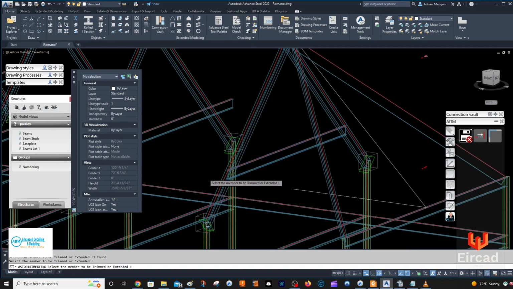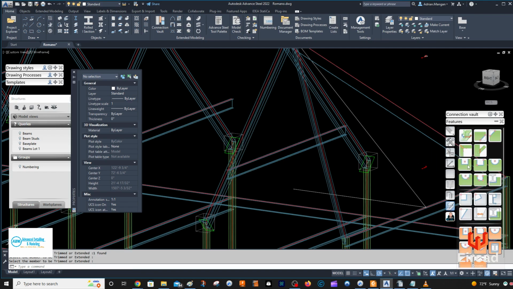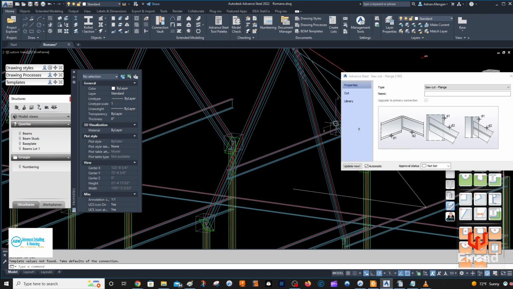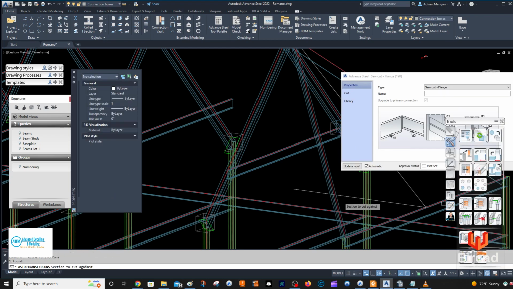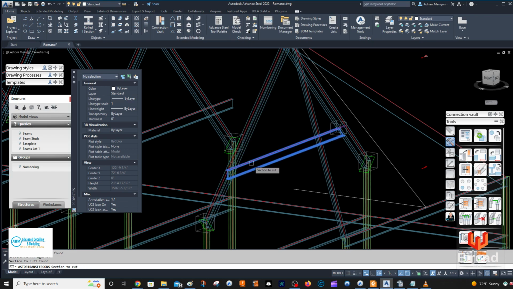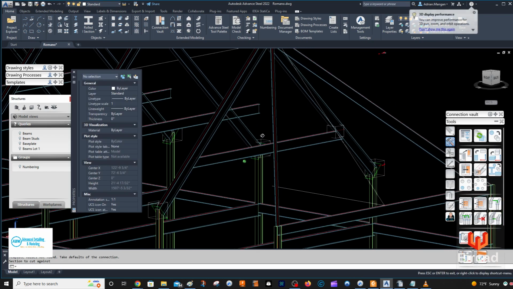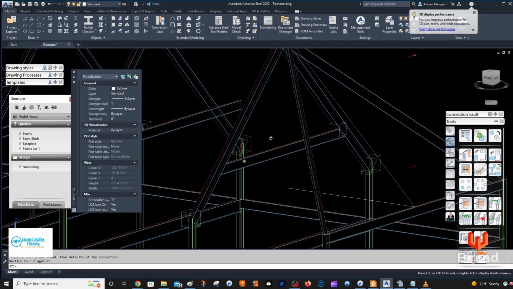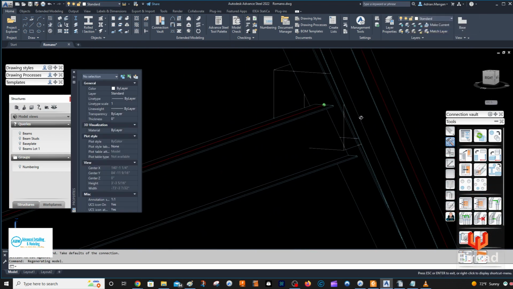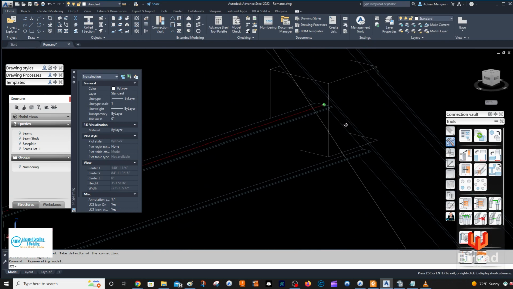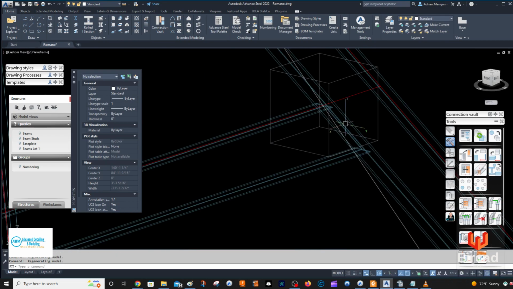So trim the system lines and then come in here and you can cut to object, and then after you do the first one you can copy that one over to here, and then you can see it looks like that. So if you want to do that, maybe they want to just weld these, so that might be an option for me. If they were just going to weld this because they want this to be a moment connection,